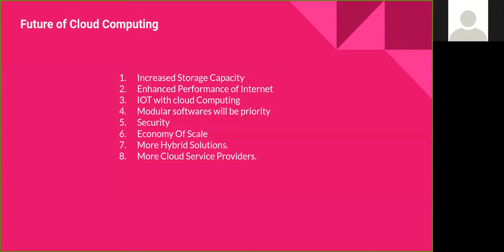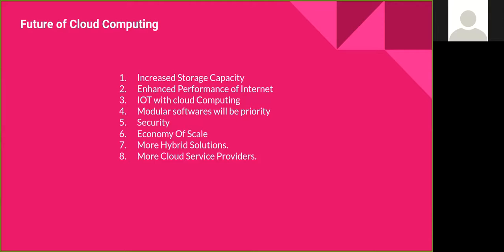The future of cloud computing says that we want increased capacity, because we have limited capacity as of now. We want service providers like Google, Amazon, or Microsoft to increase our cloud capacity so that we can leverage it to store our credentials and other things. Next, we have enhanced performance of the internet. We have 4G, and we want 5G to improve the performance of cloud computing. With 5G, a lot of things will come into the picture, like IoT, improved machine learning, improved computer vision, and other things. Cloud computing and IoT will change the world in the coming years, right?